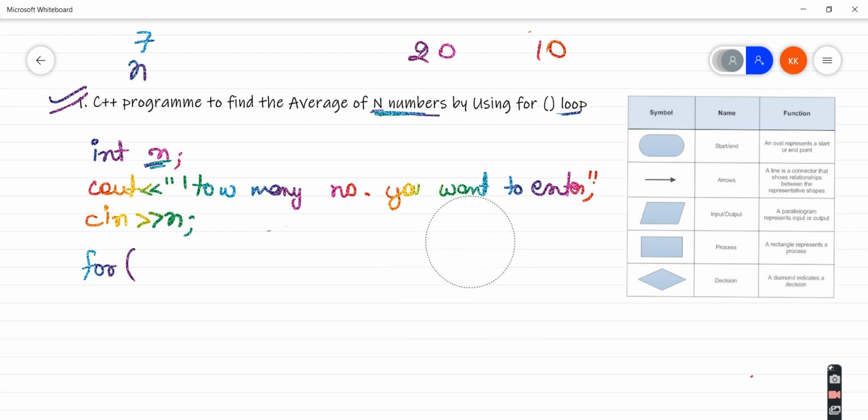Yes, we need to initialize a variable. Let's say take the variable as i, and I am going to initialize it with 1, right? And i should be less than or equal to what?